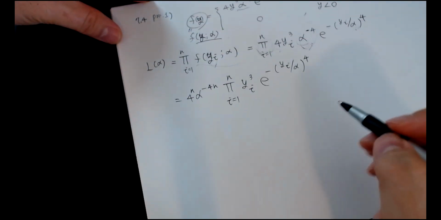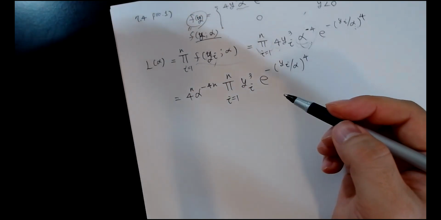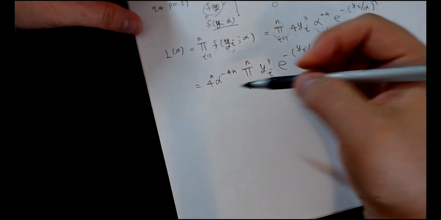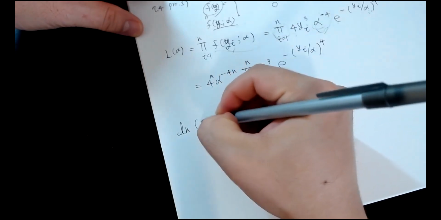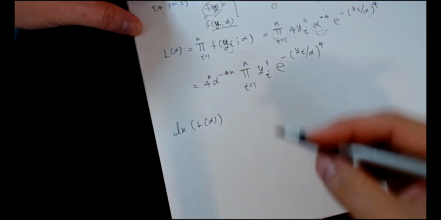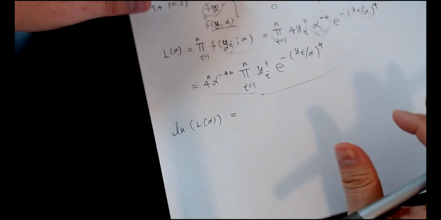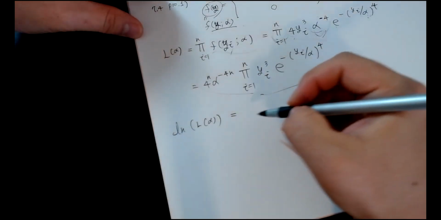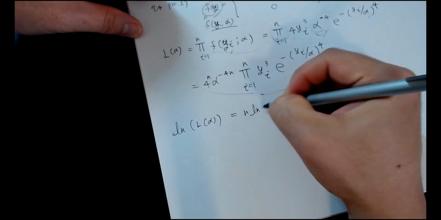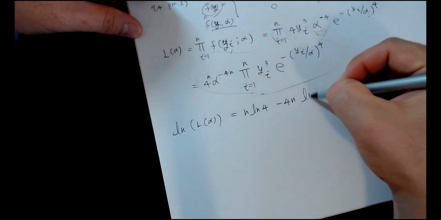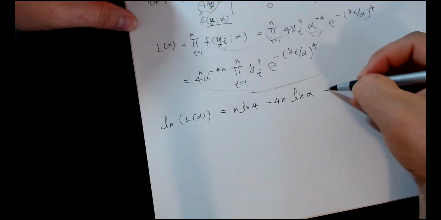Okay, so now definitely we'll find the critical value, but let's find the critical value of the natural log of the likelihood function. That's what we learned, right? So we take the natural log of L of alpha. Taking the natural log, all the multiplication is separated as a sum of the natural log of each one. So that's going to be n times natural log 4, and then plus negative 4n times natural log of alpha, and then plus